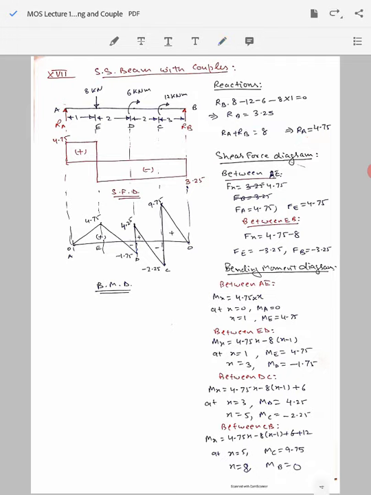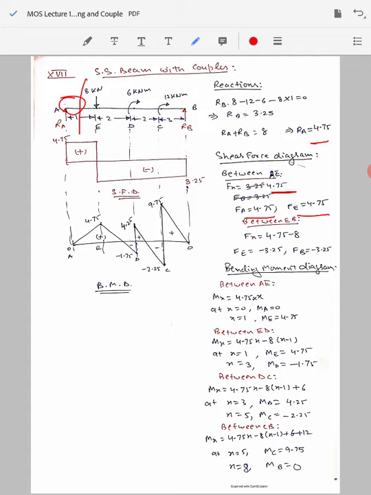Now for making the shear force diagram, as I have already told you, the applied couple doesn't affect the value of the shear force. So let's say we start from the span AE and we cut the beam between A and E. We consider the left hand side portion of the beam, so there is only the reaction force Ra acting, which is of magnitude 4.75 here. So our Fx equation will be simply 4.75, not dependent on x, so it will remain constant between A and E as 4.75 kilonewton.